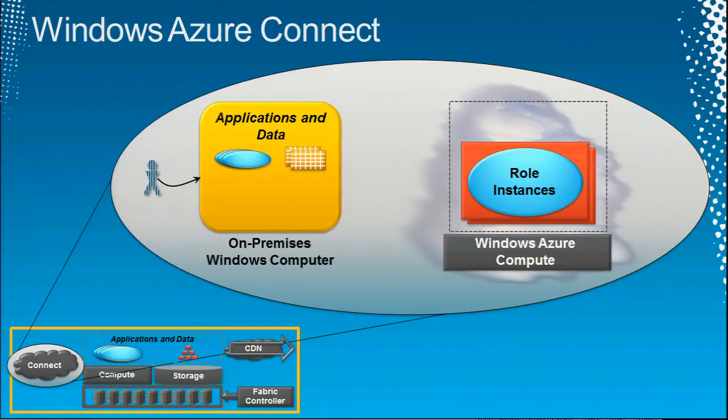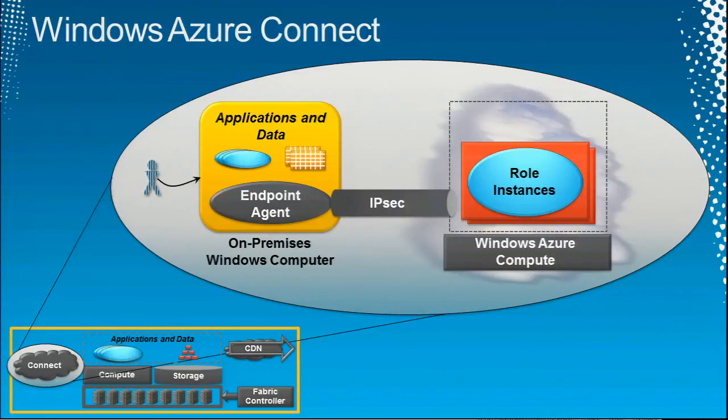Well, the option that Connect gives you is this. You can install on that computer this thing called an endpoint agent. It's software installed on that machine. That endpoint agent can then configure an IPsec tunnel to Windows Azure. Set it up for you effectively. Once you do this, you are able to do interesting things, like make the application on Azure look like it's in your domain, and thus give the user single sign-on, the Azure app. Or, the reverse problem, you can let the Azure app see on-premises data as if it were local.